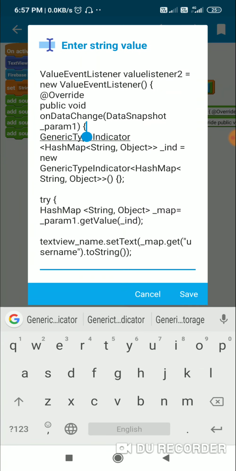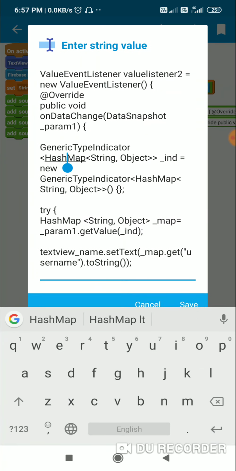So after this I have defined a generic type indicator hashmap string object underscore int, which is equal to new generic type indicator hashmap string object. So this generic type indicator represents a map variable. Hashmap string object means map variable. Then I have this try catch exception block, and inside this I have this hashmap string object underscore map.